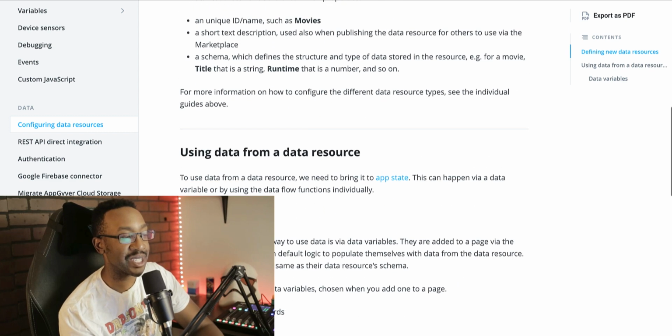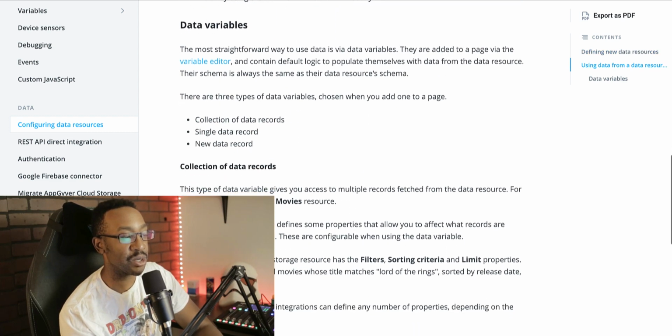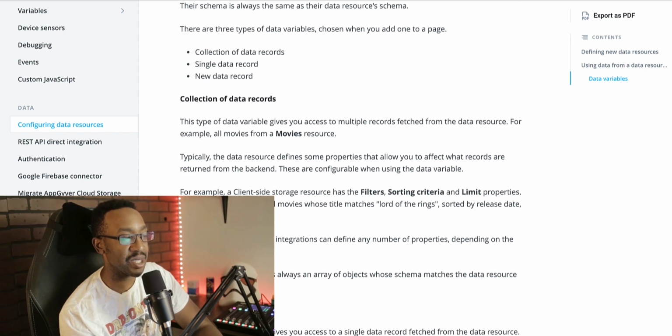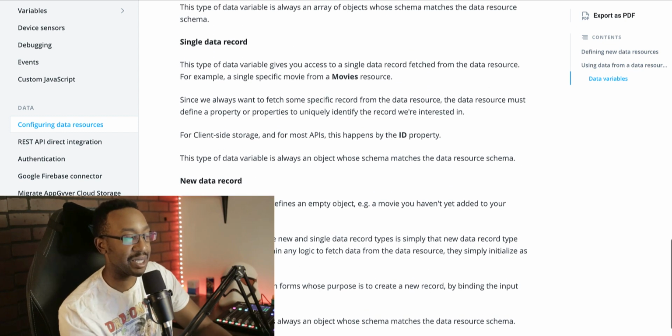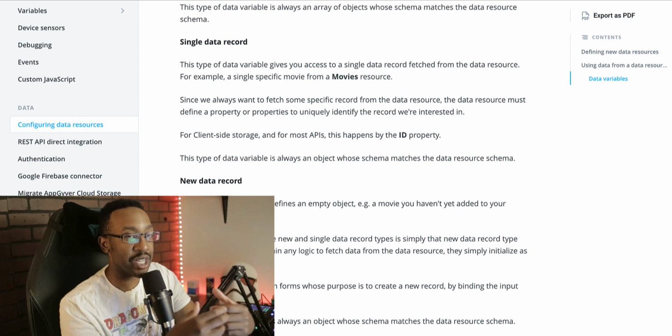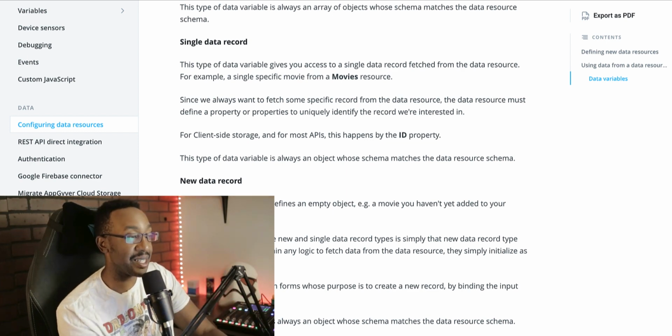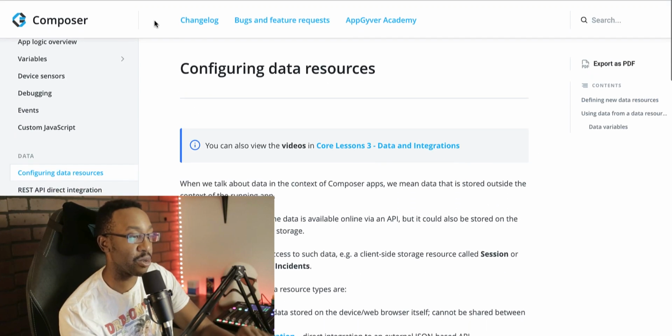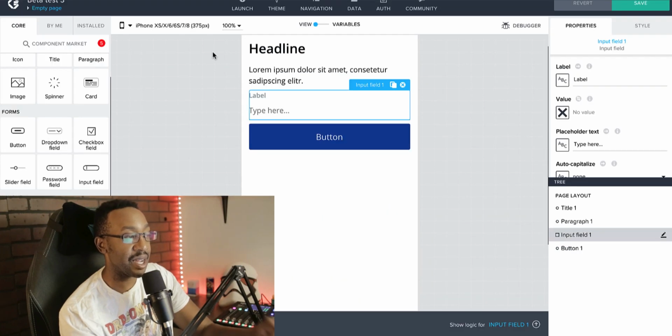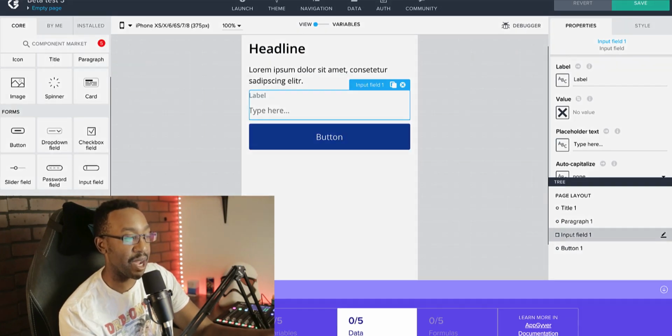It goes through first setting up the new data resources, making sure that you're setting the variables, how you're going to be collecting the data, how you're triggering to put the data inside the database. All of those different things are found in the documents for AppGyver.